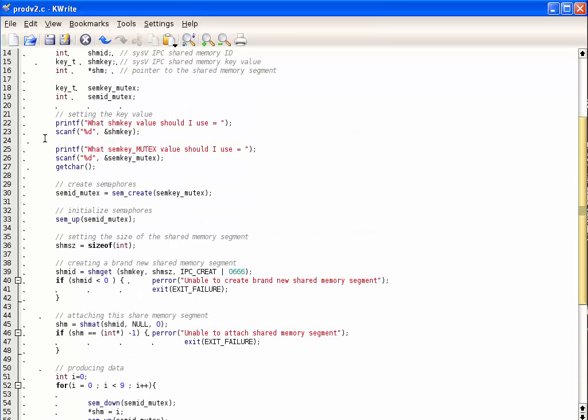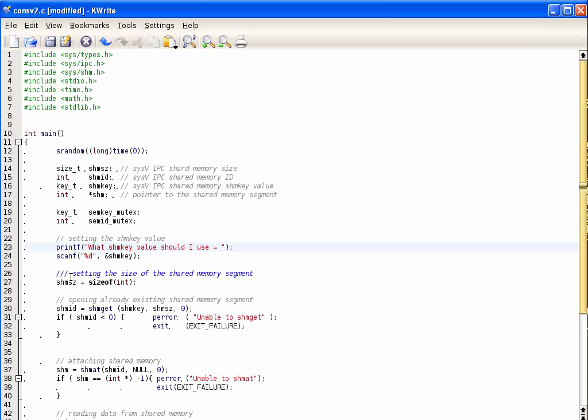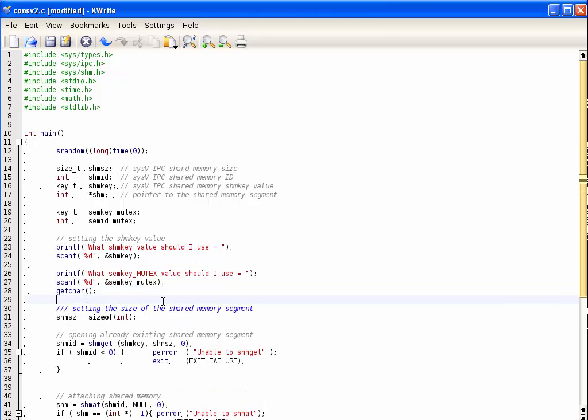What key should I use? Well, this is going to be the same thing going on here than with the producer. So let's go back here. We are in the producer. Let's go back to the consumer. There we go. Set the size. Okay, the size is going to be the same. I need to create my